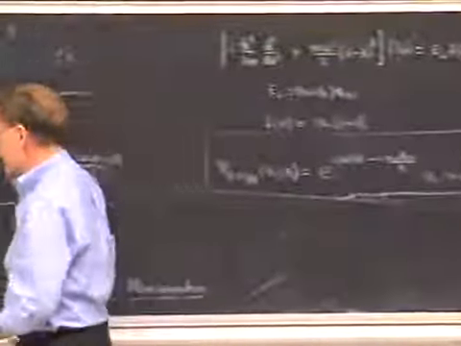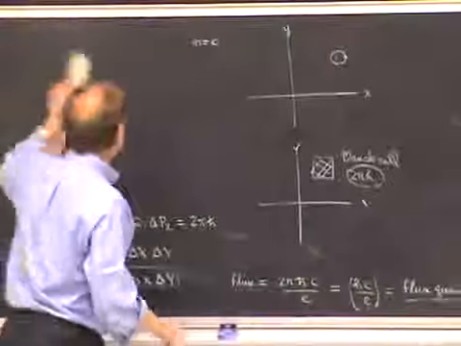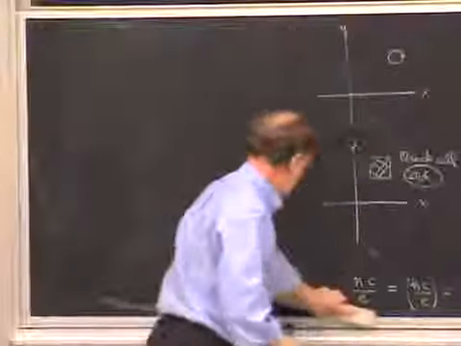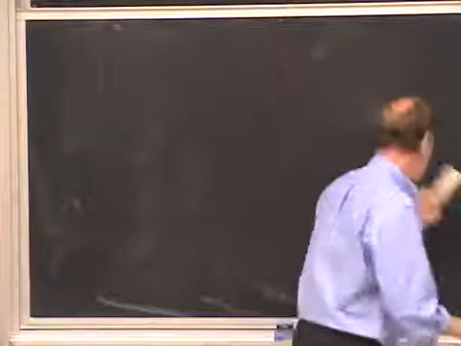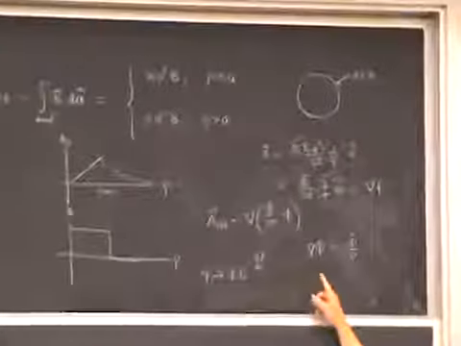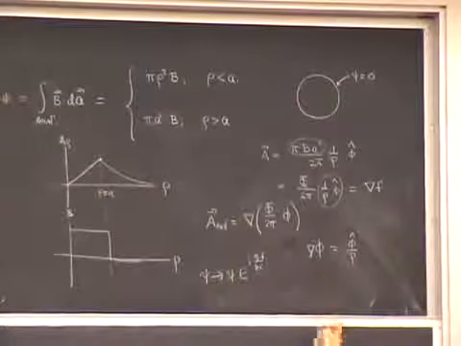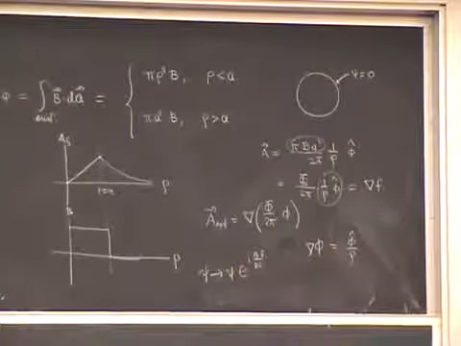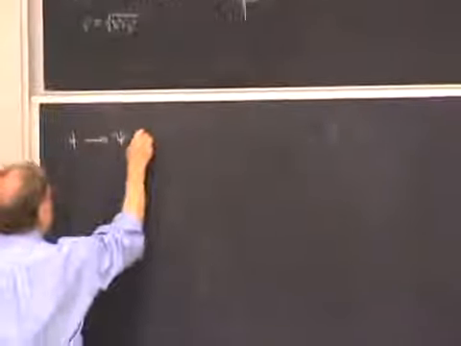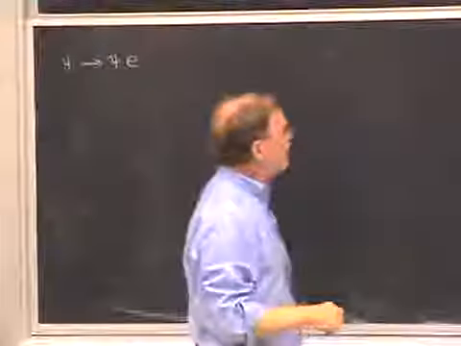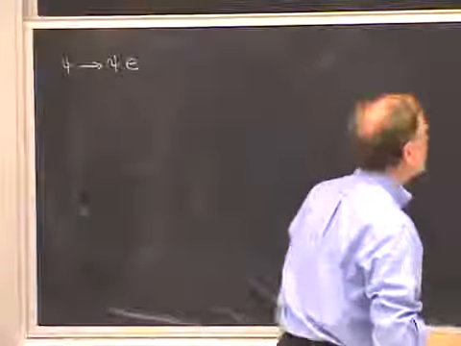So the result is, in this attempt to gauge away the vector potential in the exterior region, what we end up with is a new wave function, which is related to the old wave function by a phase factor that goes like the azimuthal angle. More specifically, the transformation is this. It becomes e to the i q over h bar c